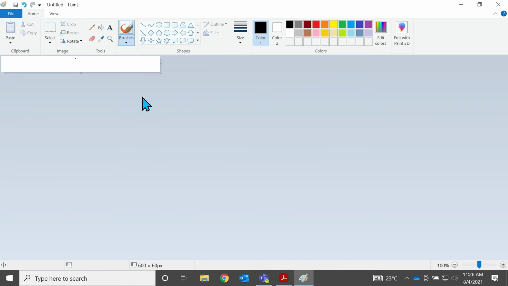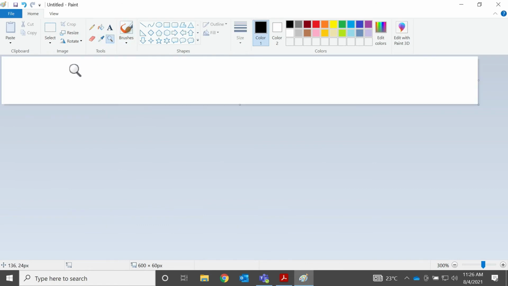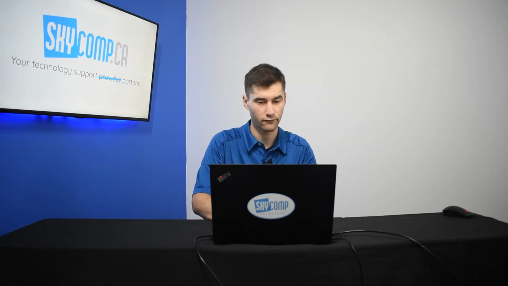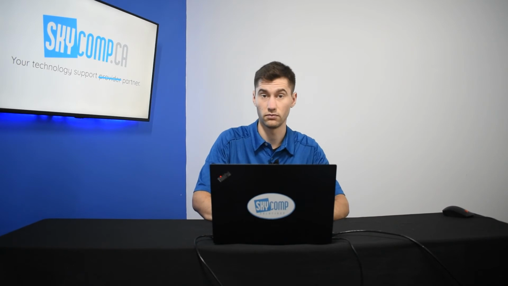So our canvas is going to significantly shrink, but that's okay. We can hit the magnifying glass and we can zoom into that a little bit more to make it bigger. Then we can go to our pencil or paintbrush. We're gonna choose actually this kind of second brush here, and we can actually sign pretty close to what a